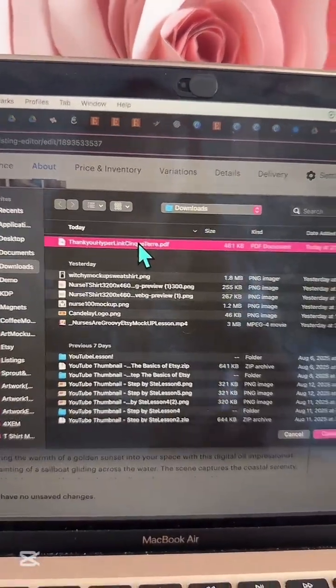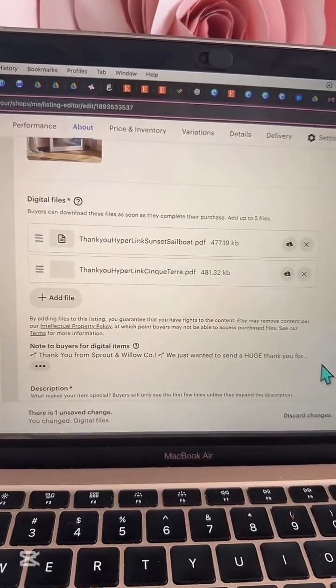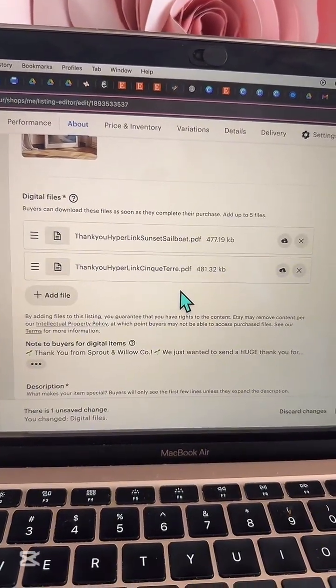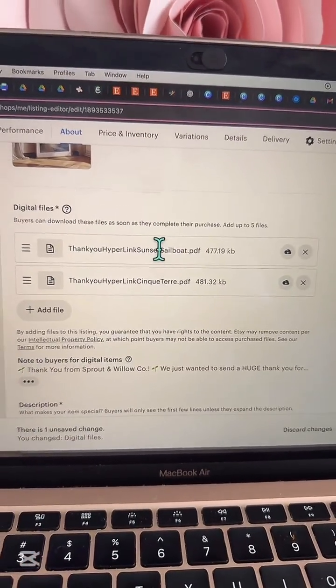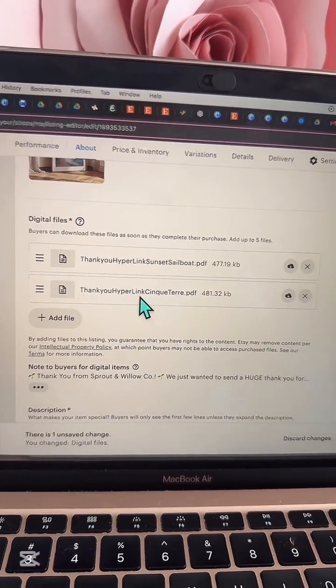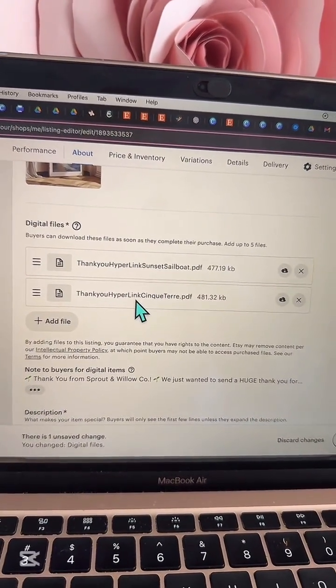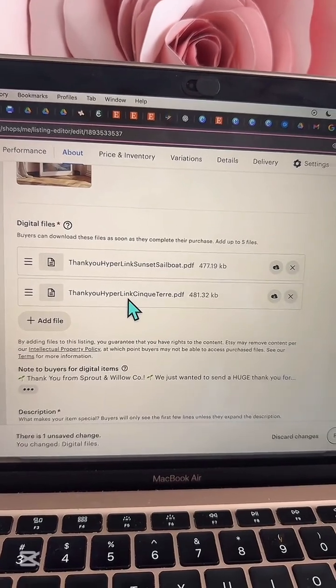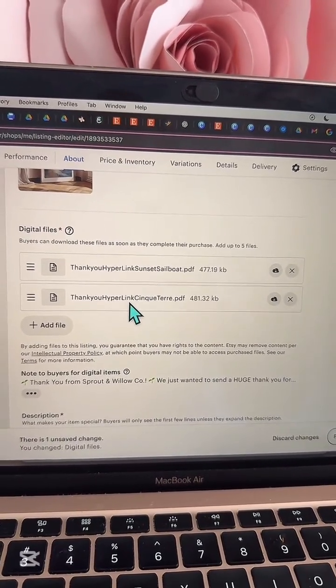So hyperlink for that specific file. And boom. So you can see I name mine, so I know it's sailboat. I don't get them mixed up. If you just had hyperlink, it's like, uh-oh, which one's which? This way you can keep track of which link is where. And trust me, when you get designing a bunch,